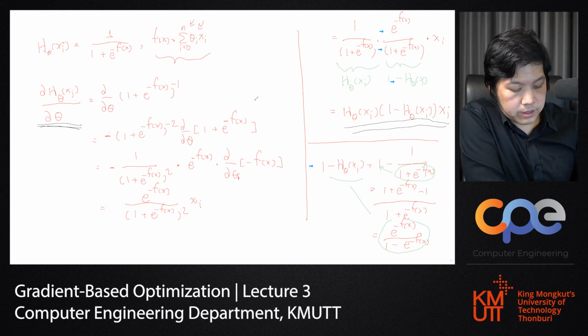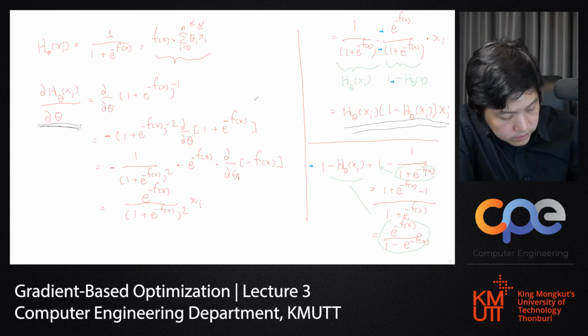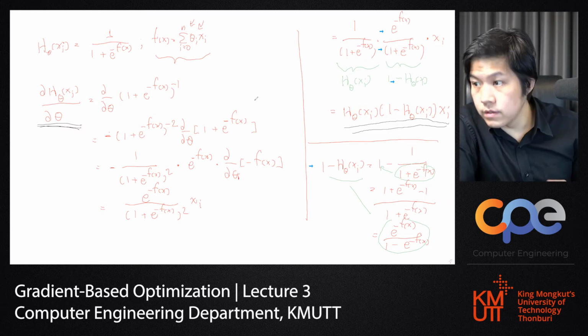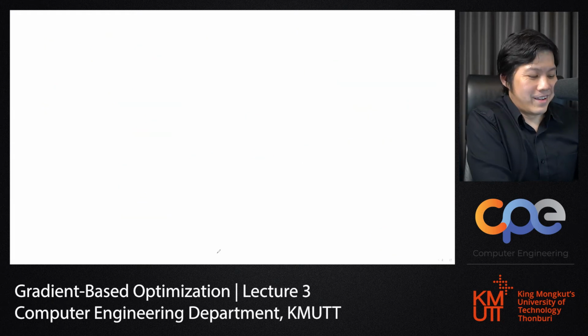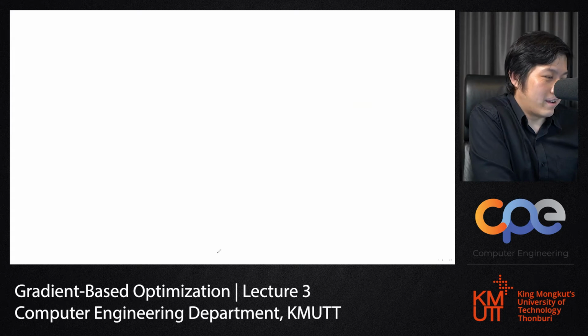Right, next page. How do I go to the next page? No, I forgot that I have to click here. Sorry. Right. Then the loss function J(theta)